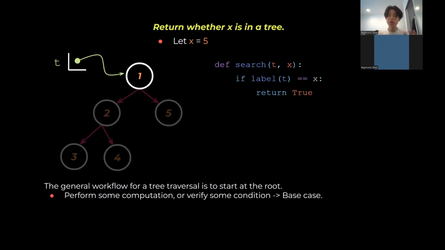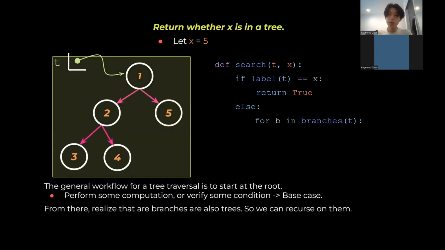Well, I know that a tree only has 2 attributes. It has a label and it has branches, right? So I better use branches. What is branches? Branches is a list of subtrees. So how do I iterate through a list? I can use a for loop. And I'm going to iterate through every single subtree within my larger tree: for every b in branches of t. And then